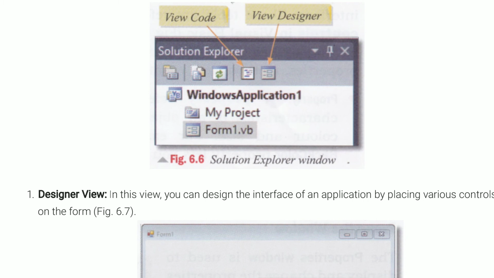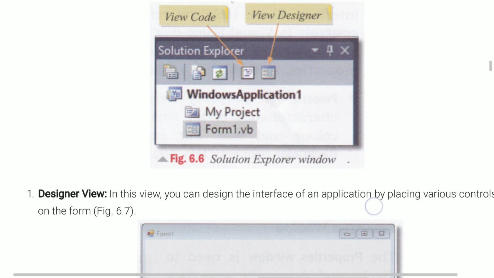Now understand what is an event handler. Event handler is a code that gets executed when a particular event related to an object takes place. In this code view, the drop-down box to the left provides a list of all controls used on the current form including the form itself.